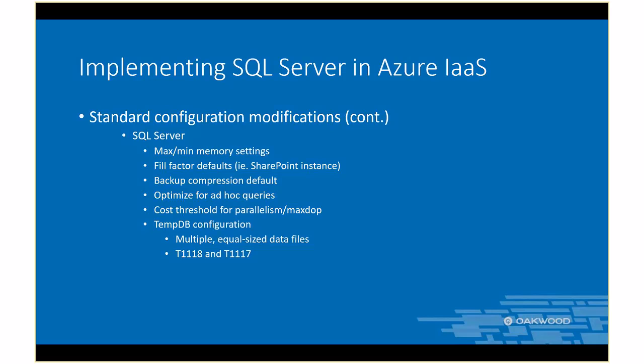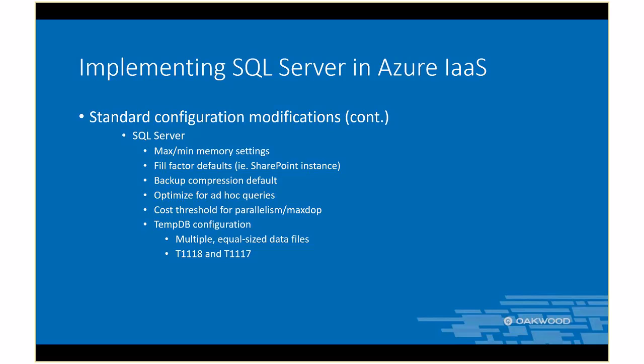Optimize for ad hoc queries. You want to make sure that's enabled. Cost threshold for parallelism and max DOP. You want to tune those accordingly. And then also TempDB configuration. So you still want to do, even if you're on the local SSD, the multiple equal-sized data files, as well as the two trace flags, 1118 and 1117, which are